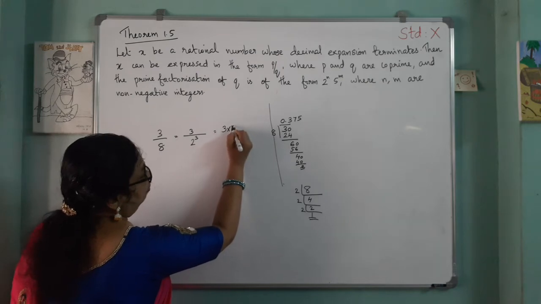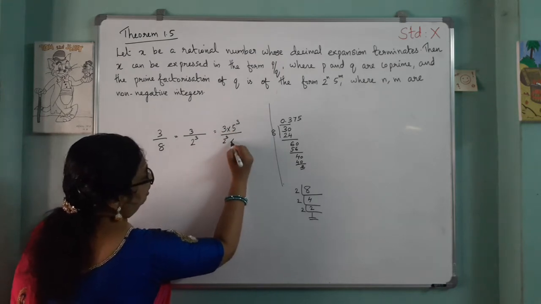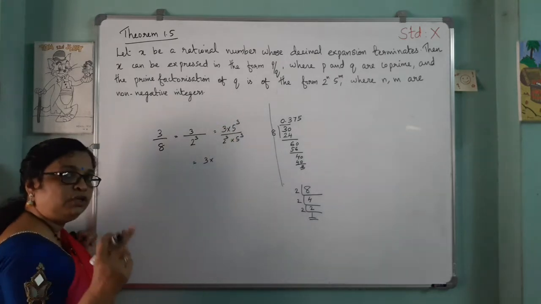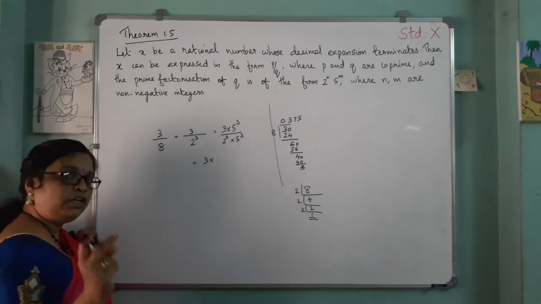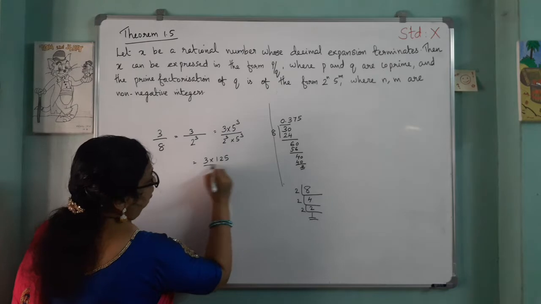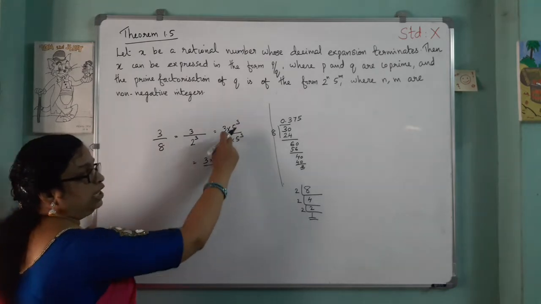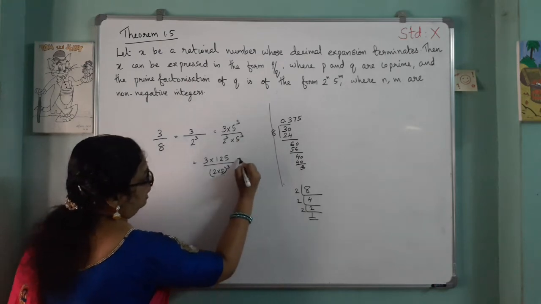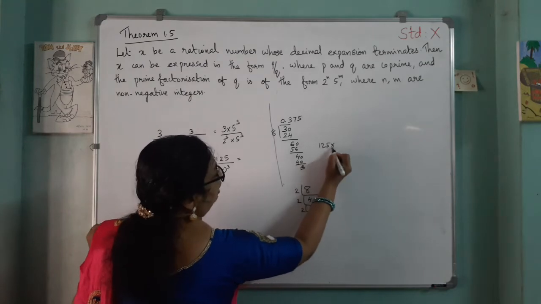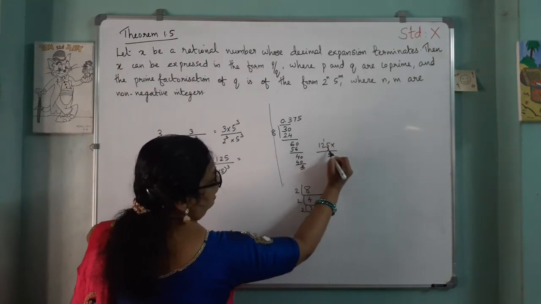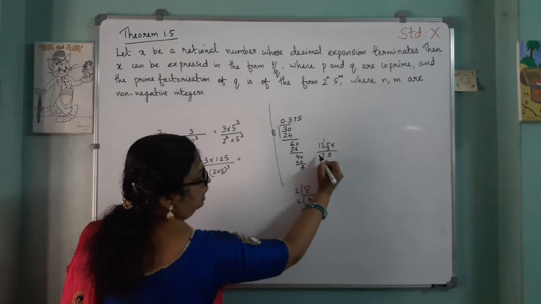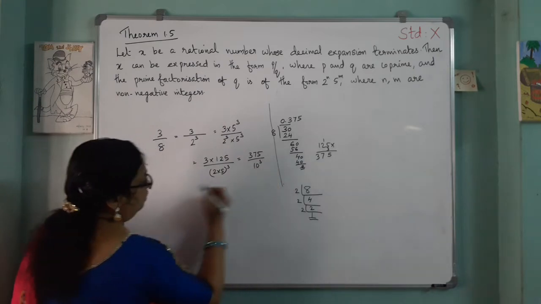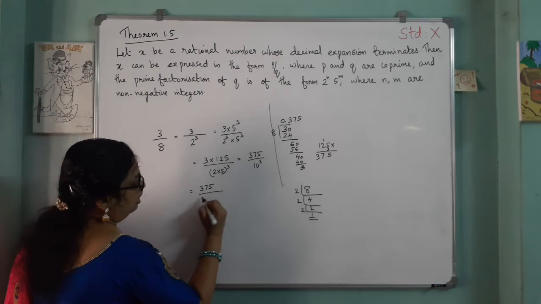That is 3 into 5 cube divided by 2 cube into 5 cube. 5 cube is 5 into 5 into 5: 5 into 5 is 25, 25 into 5 is 125. Then divided by 2 cube into 5 cube. a cube into b cube is ab the whole cube, so 2 into 5 the whole cube. That equals 125 into 3: 3 5s are 15, 1 here, 3 2s are 6 plus 1 is 7, 3 into 1 is 3. 375, divided by 2 into 5, 10 cube. That means 375 divided by 1000.